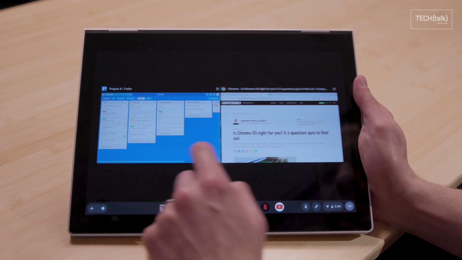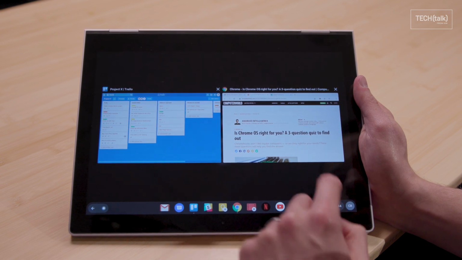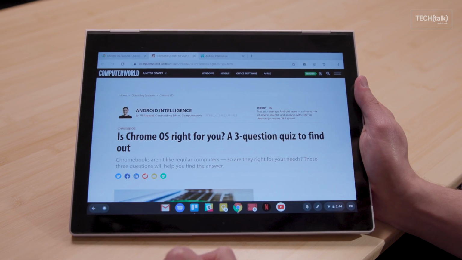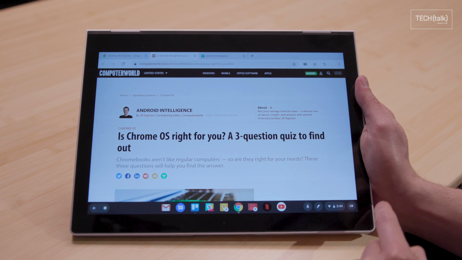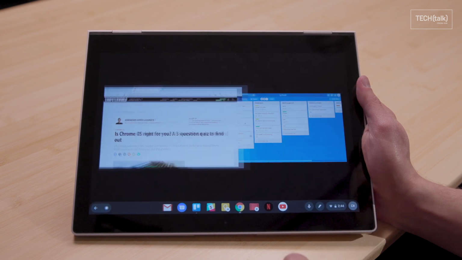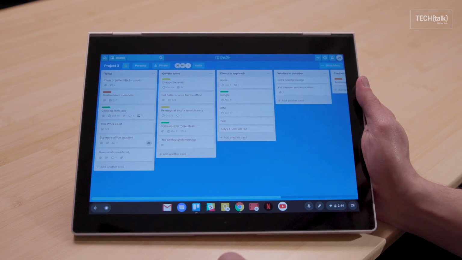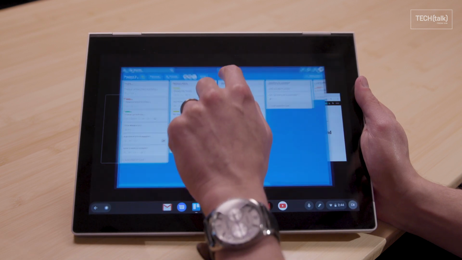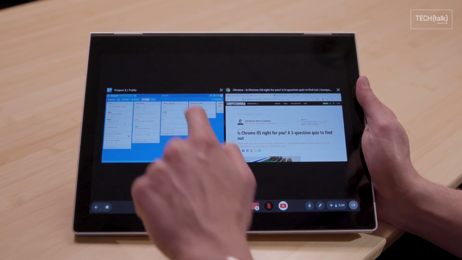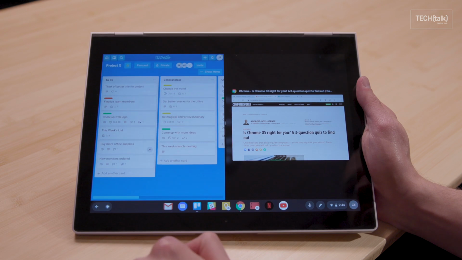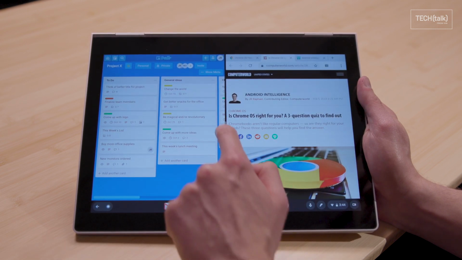So here we are in the Overview interface. You can see all your open apps in windows. And here's an important trick. When you're in your Chromebook's tablet mode, you can drag any app to the left or right side of the screen to start a split screen setup. After that, drag any other app to the other side, or open a new app if you want, and there you have it, multitasking made easy.